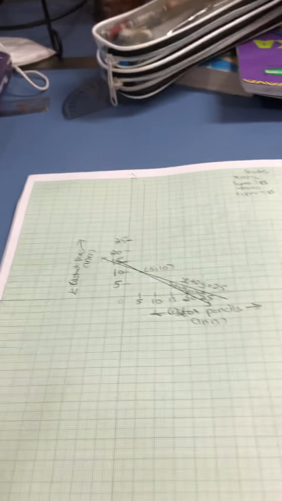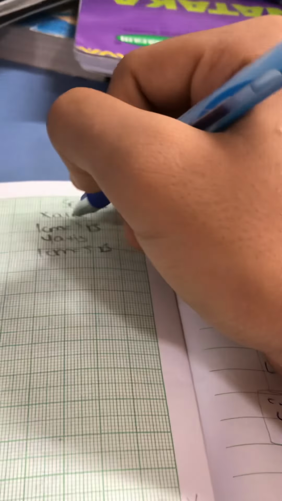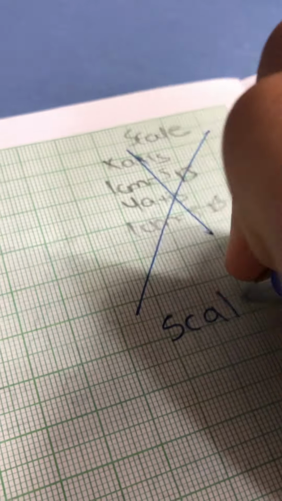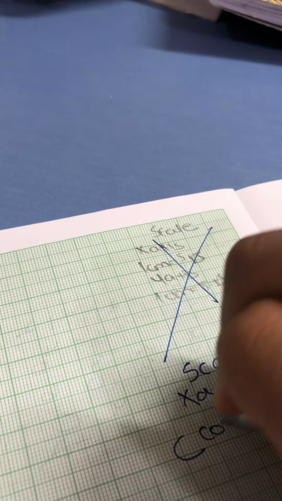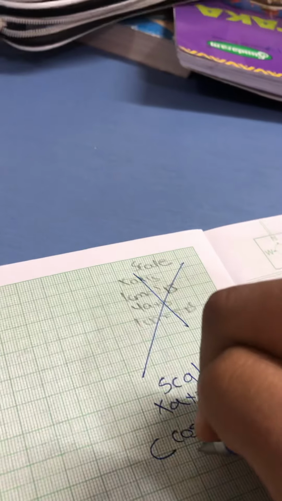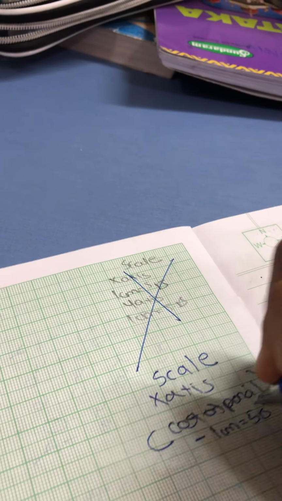I'll teach you how to plot the graph for this. Plotting will be the same. Make x, x dash, y, y dash, write the scale. But this scale which I have written is totally wrong. Why so? What will be your scale? For the x-axis, you will have to make a bracket and write cost of pencils. Otherwise, half mark will be cut, because the x-axis denotes cost of pencils. So 1 centimeter is equal to 5 rupees, not units.